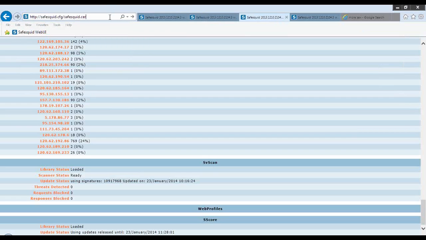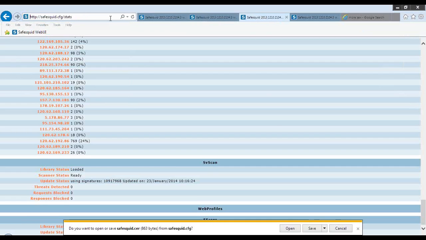This is the URL where the public key of the root CA certificate will be available, http://safesquid.cfg/safesquid.cer, and it's asking me to download. I'm just opening it up for you.